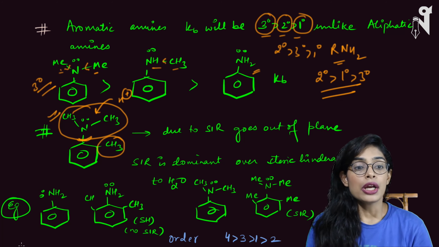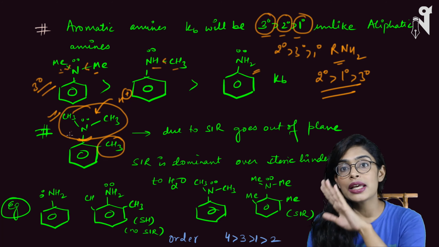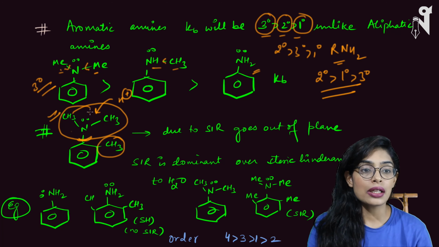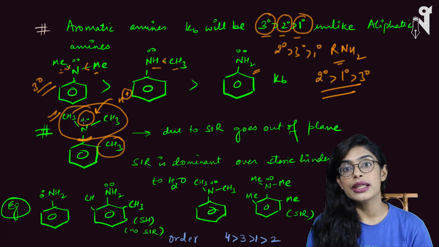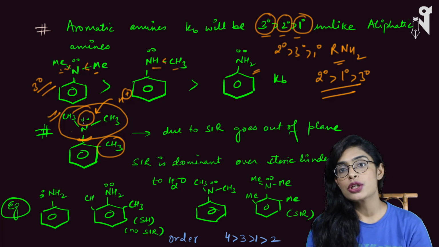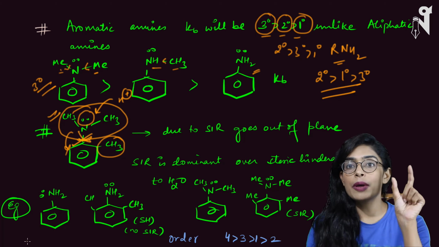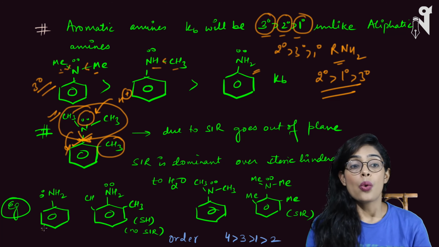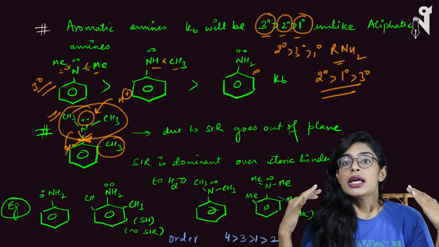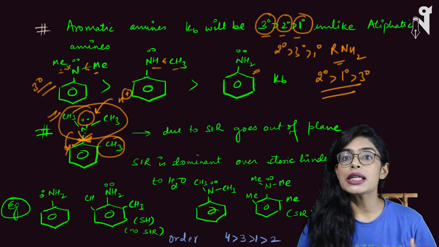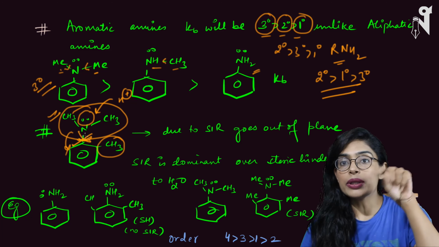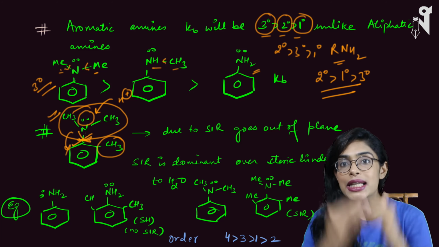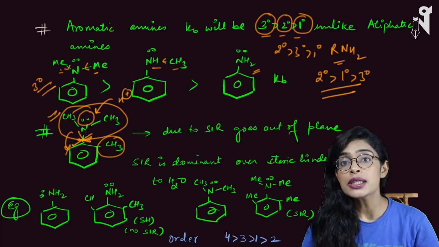But at the same time, due to the bulky nature of N(CH3)2, this group will go out of the plane, and the lone pair, which is generally delocalized in aniline, has become a localized pair of electrons. It is not participating in the resonance. This pair of electrons is now completely with the nitrogen. So here there are two effects. Steric inhibition of resonance is increasing the basic strength, because now that pair of electrons is localized, not delocalized, whereas steric inhibition of protonation is decreasing the basic strength. So which one should we consider here?